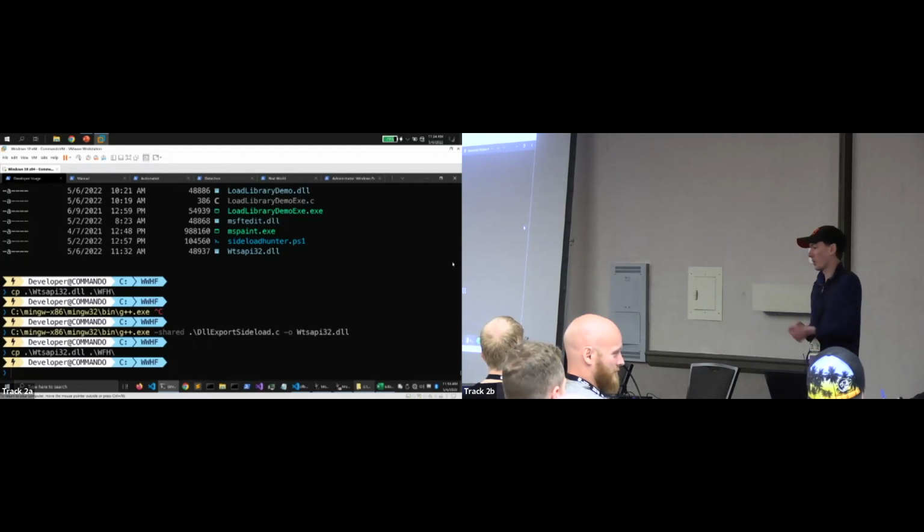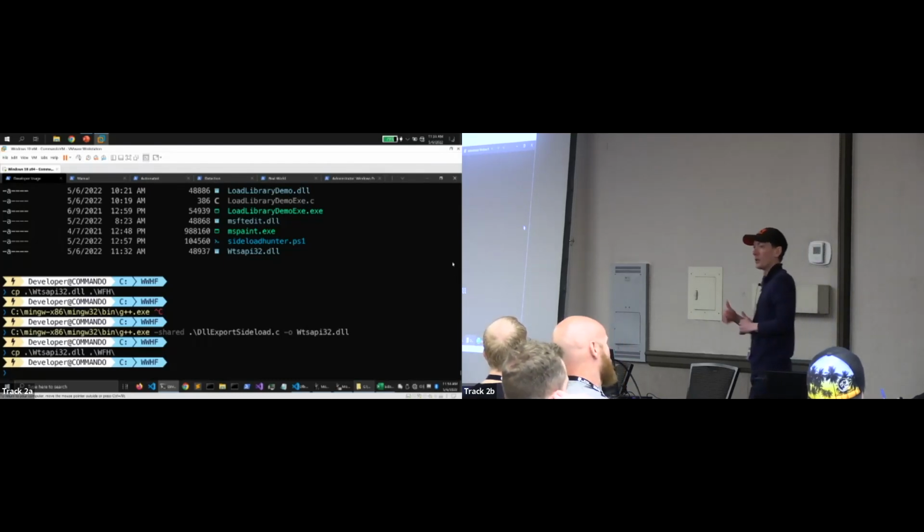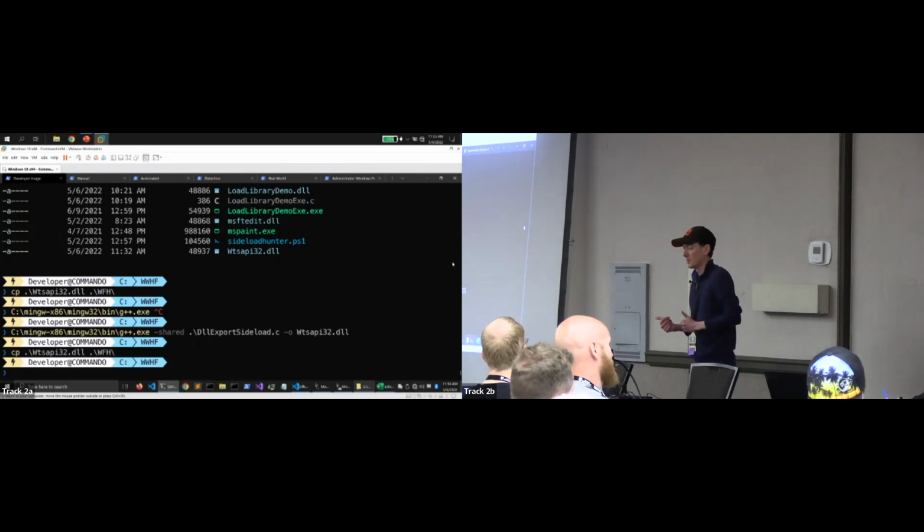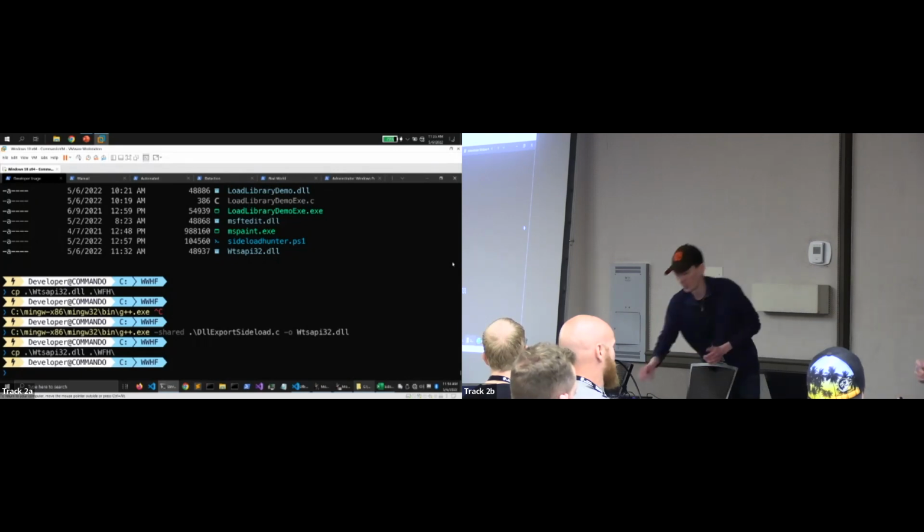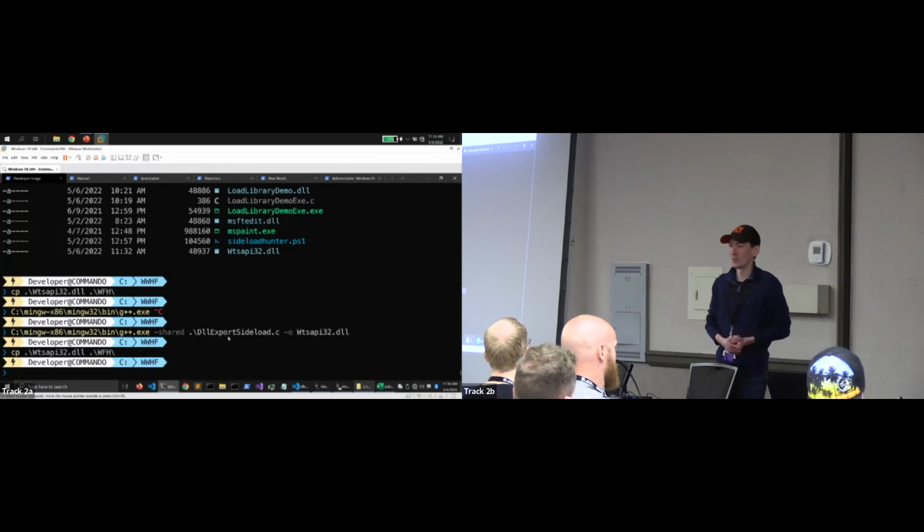Essentially the way that it works is they look at the import address table of these EXEs instead of instrumenting the Windows API calls like we're doing, right? And those also use search order, right? So any imported DLL, you can also DLL sideload if you want. It's a lot easier said than done to automate that one, but